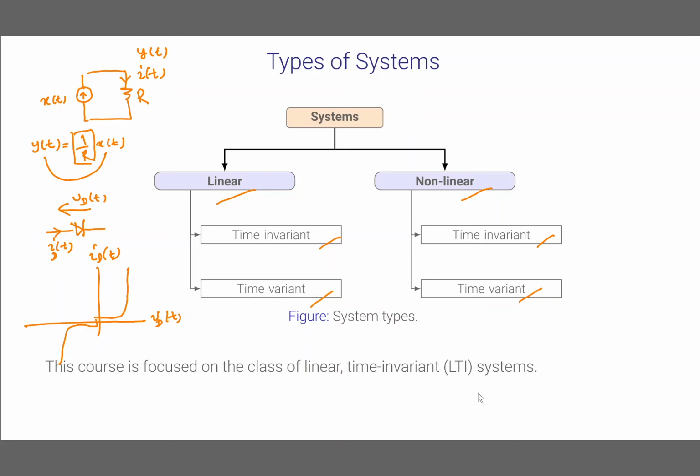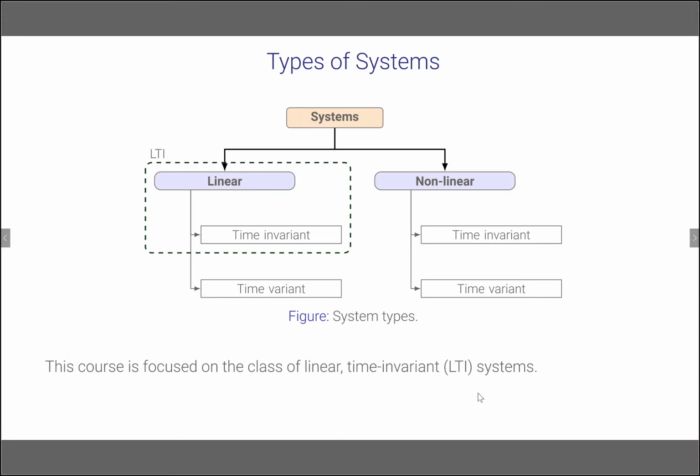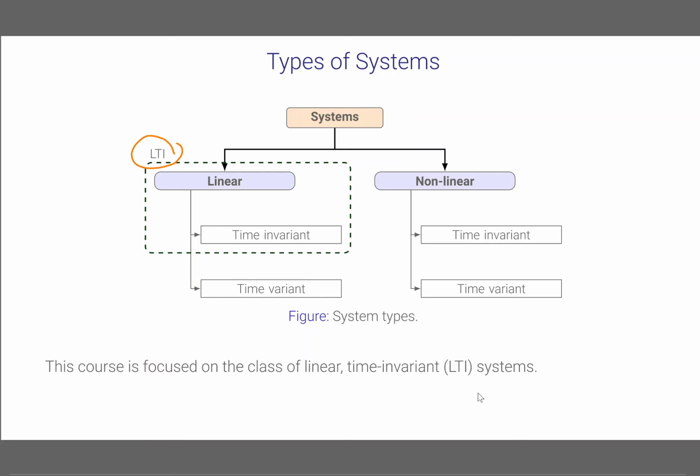But in this course, what we study includes time invariance also. So what is time invariance? Actually, in time invariant systems, the output does not care what the time origin is. That means if you shift the input by a certain time t naught, the output is also shifted by that certain time t naught. So in the course, we will study linear time invariant systems, which we call LTI systems.